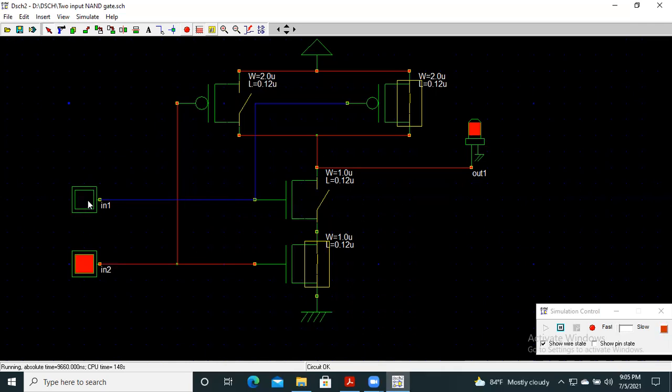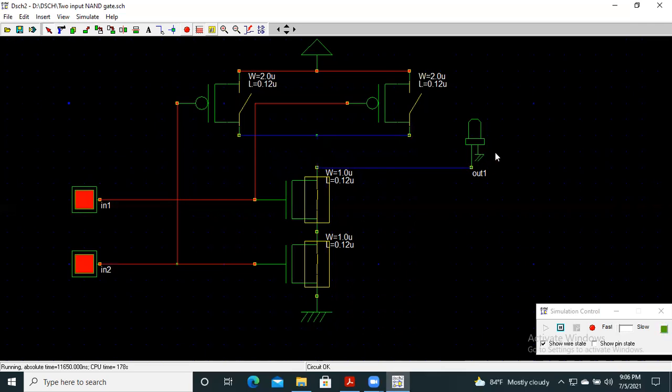So if we make both the inputs high, here we see that both the PMOS of the pull up network are open. As these two PMOS are open, the supply VDD is segregated from the output point, and as both the NMOS are short circuited, the output point is directly connected with the ground point.